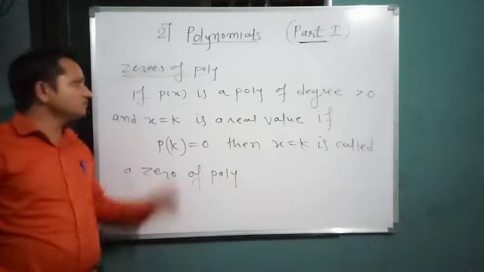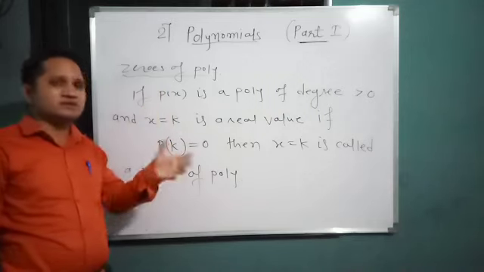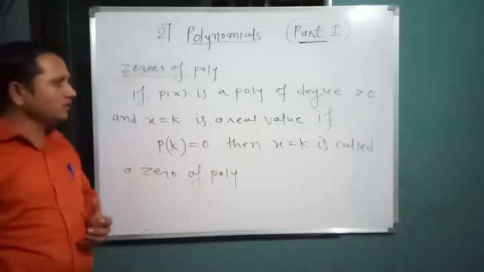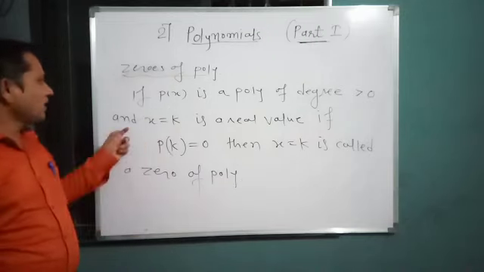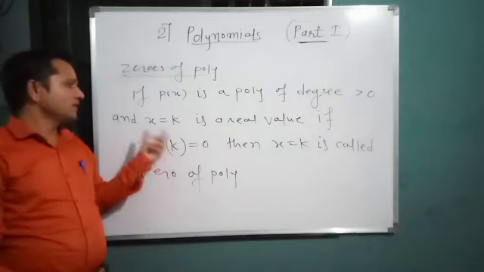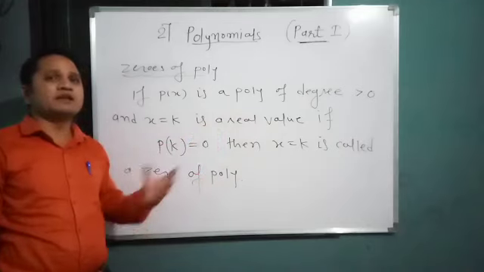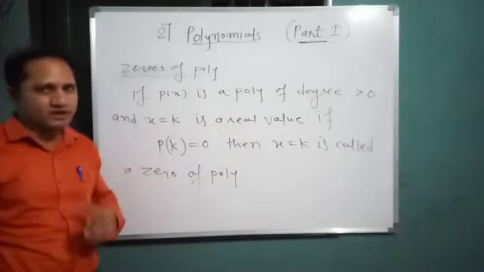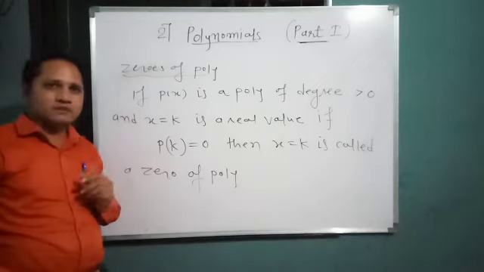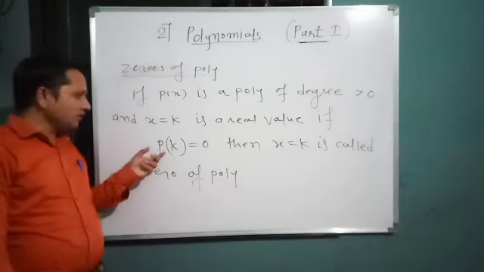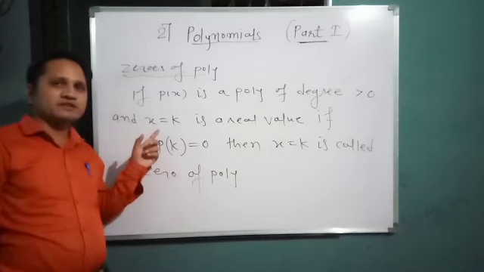Okay. So if f of x or p of x, these are just symbols used for a polynomial. If p of x is a polynomial of degree greater than 0 and x equal to k, k is what here? k is a real value, any real value. It can be 2, it can be 5, it can be 2 by 5, etc. And if p of k is equal to 0, means suppose in the place of x you put down the k,